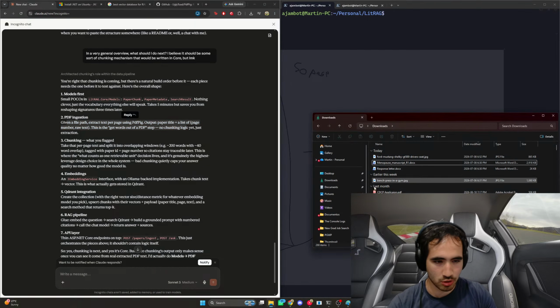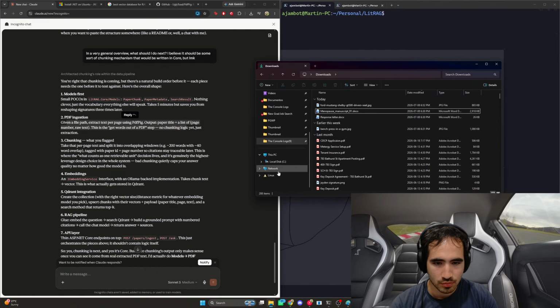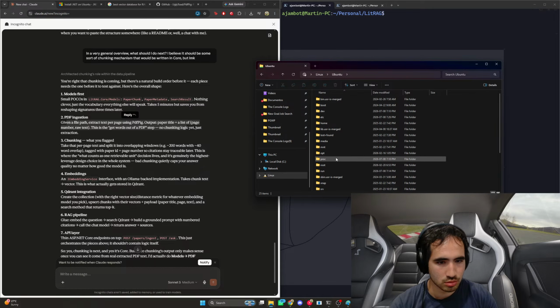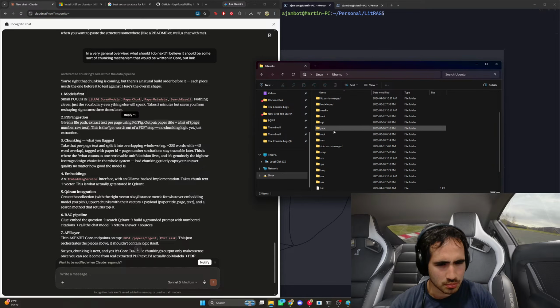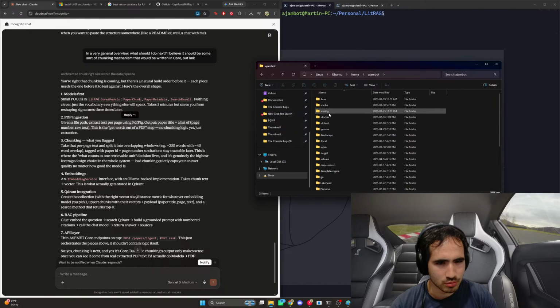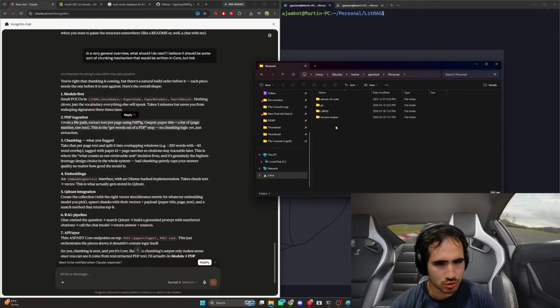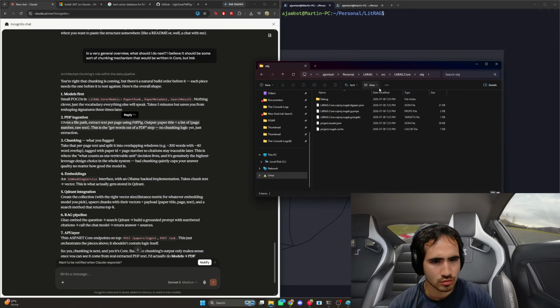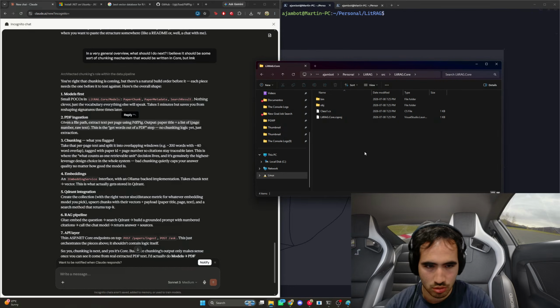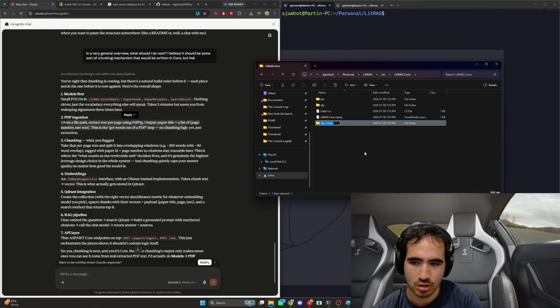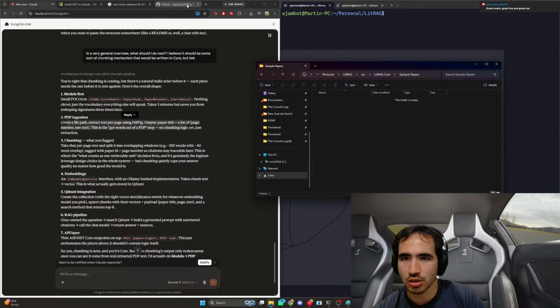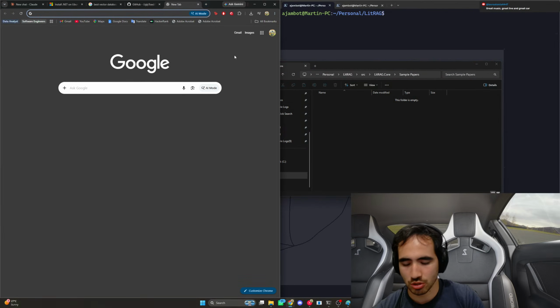I think this is going to be part of it, but I'm going to go to Linux, Ubuntu, home, personal, litrag, and then source. So in core, we're going to create something here, and it's going to be our sample papers for testing. And then here we're going to save some sample papers I'm going to go find.